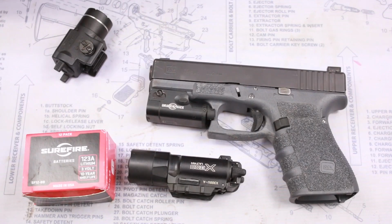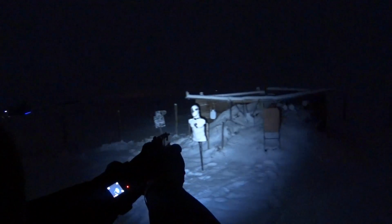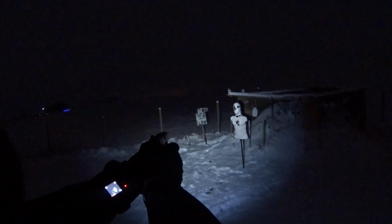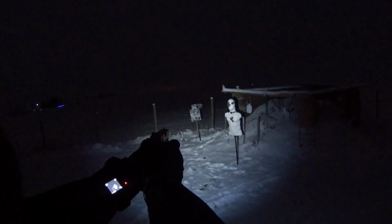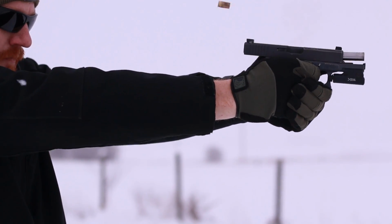I would recommend this light to anyone who concealed carries or needs an all-around weapon light. It's always better to identify your target, so if you carry a gun, it's always nice to carry a light as well, and this one is so convenient due to its size that I just can't imagine you leaving home without it. Aside from having a weapon light that has Surefire's undeniable reliability and track record that uses AAA batteries,